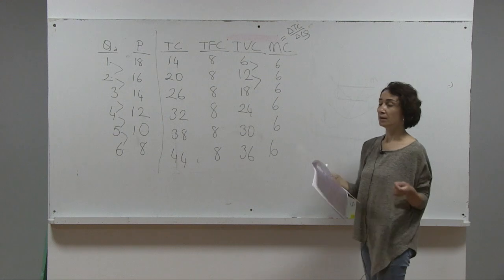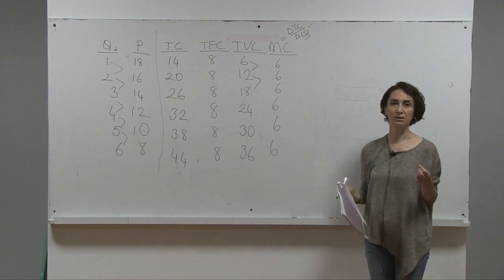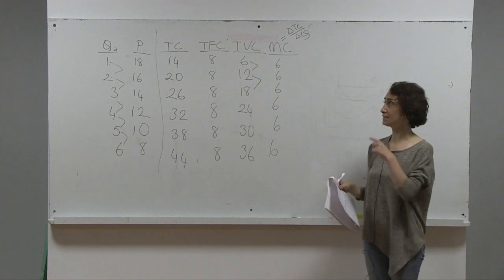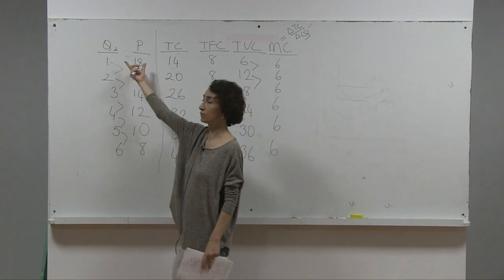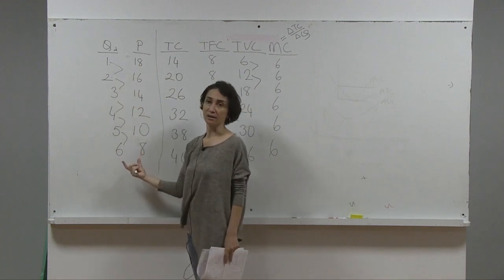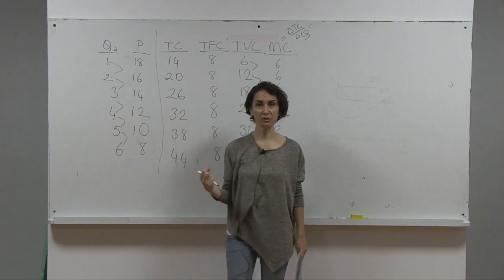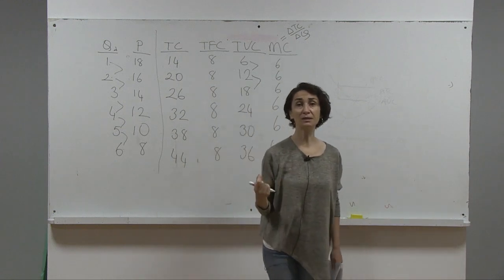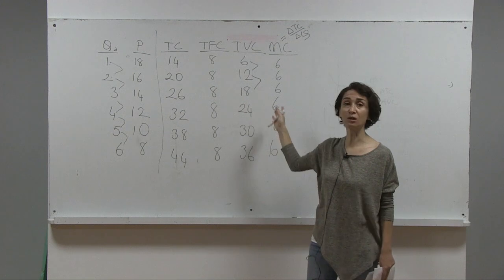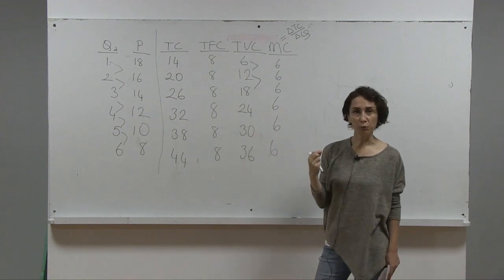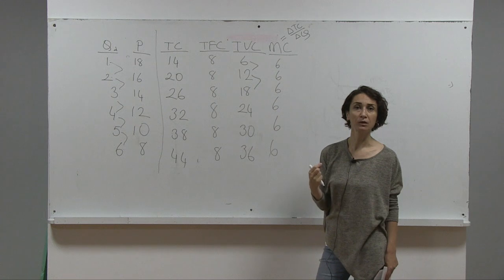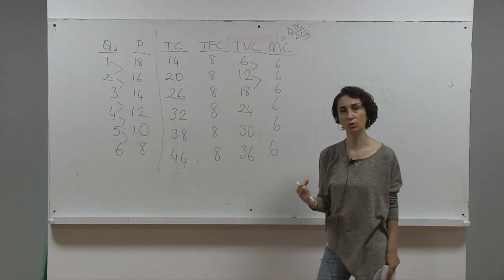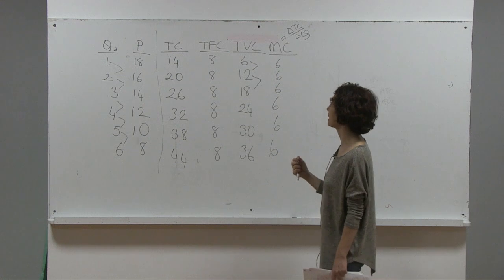So the question is this: this is a monopoly, okay? This firm is faced with this demand curve. The only thing you need to find profit maximizing quantity and price is the demand curve faced by the firm and the cost curves. What is the profit maximizing quantity and price? So once more, remember the definition of profit. Total revenue minus total cost. We are trying to maximize that.